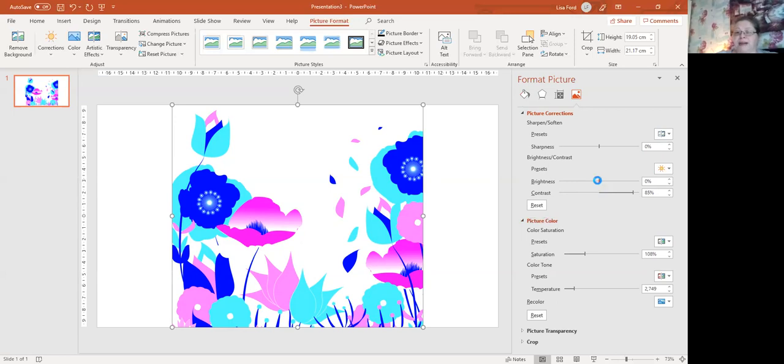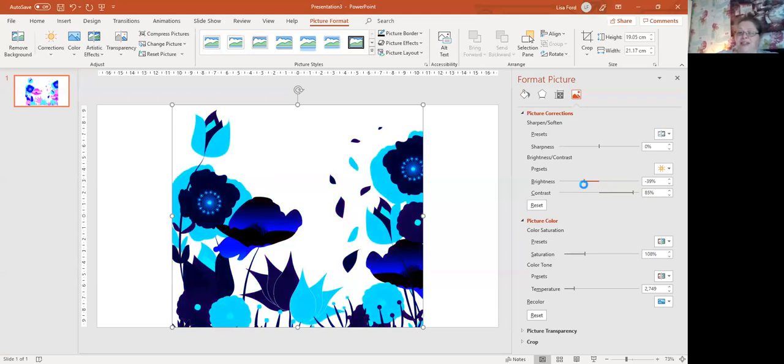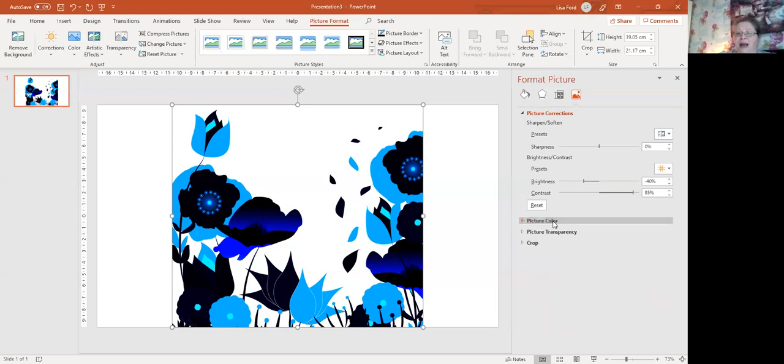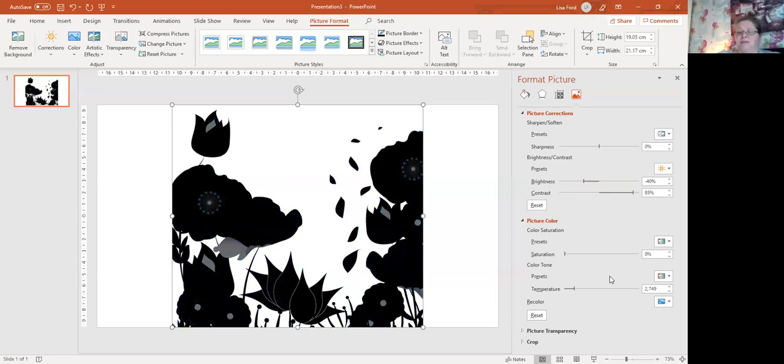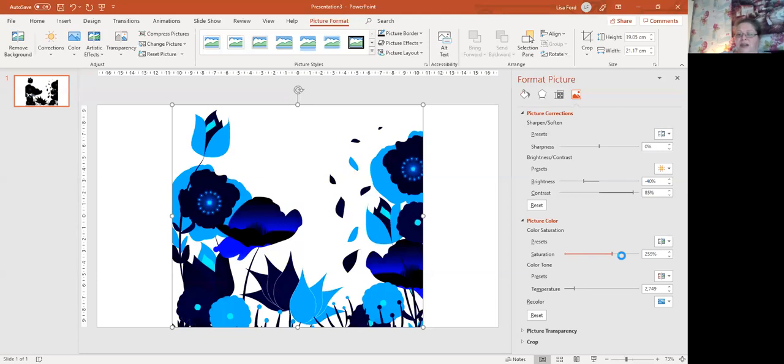By changing the brightness, you're changing how light or how dark this picture is, and again it is changing the color of the picture at the same time. You can at that point stop here and say, I really like that, I'm going to keep that, but what I want to do now is take the saturation out of it and turn that into a black and white. So by sliding the saturation button down, I have got a completely different look again. That's almost like the shadow, isn't it, really? So if I change the saturation again on this side,